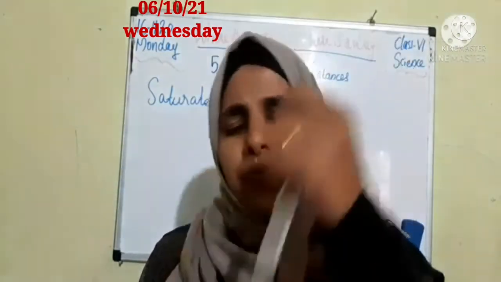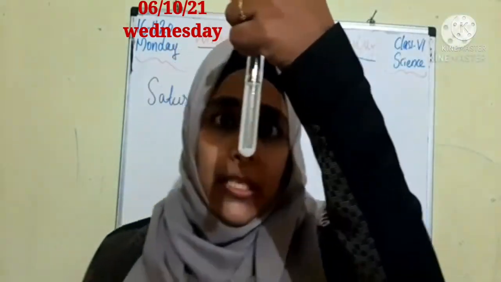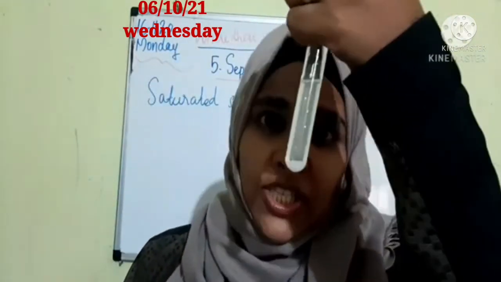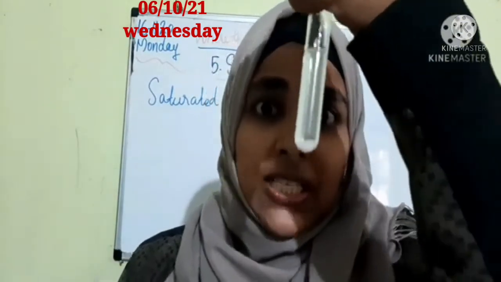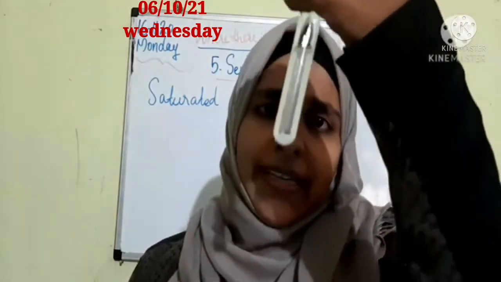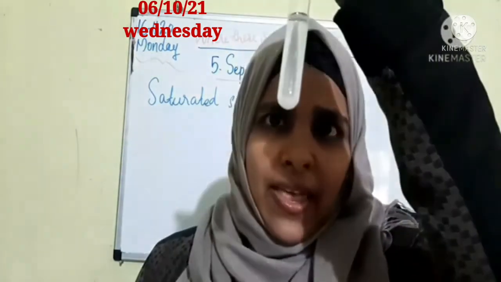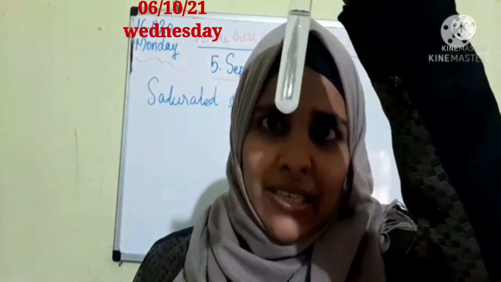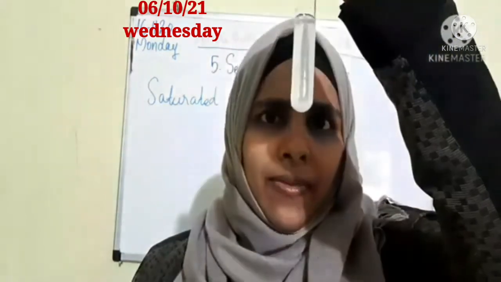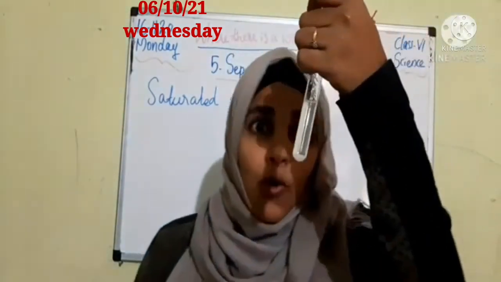Okay. So from this experiment, I can understand this water is not sufficient for this larger amount of salt. When I mix a little salt in this water, it dissolves easily. But when I add more salt to this water, what happens, children? It is not dissolving. We can see it is still settled down in the water, right? So why is it not dissolving, children? Maybe if we heat it, we can see that it will dissolve in a larger amount of water.